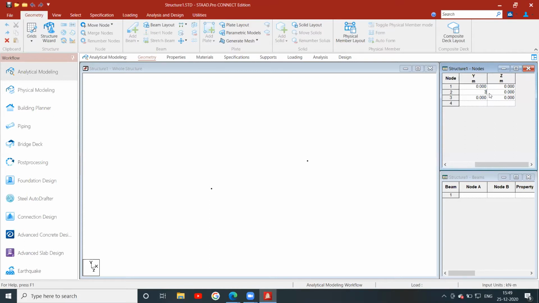Here first 3, and after that again an increment of 3. So the next span is 6 meters.